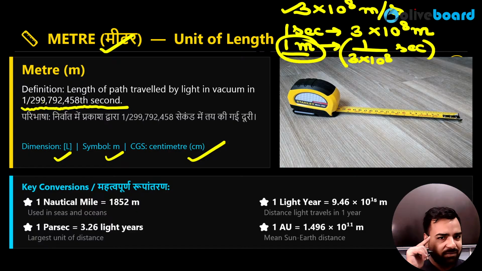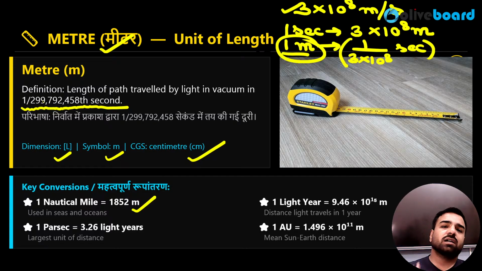Now, when we'll be traveling from Mumbai to Goa, obviously we are traveling via sea. Within the sea, we won't be using kilometers as a distance. What will we use? Nautical miles. In order to measure the distance in the sea or ocean, we use nautical miles, and 1 nautical mile is equal to 1852 meters.